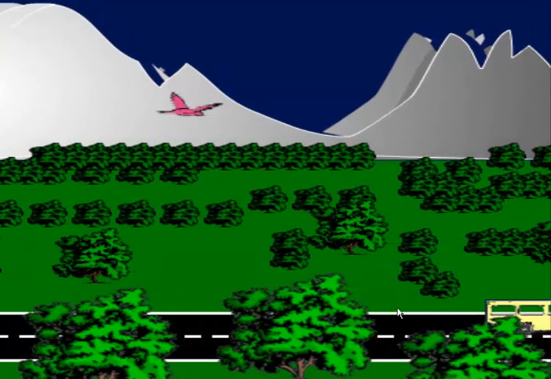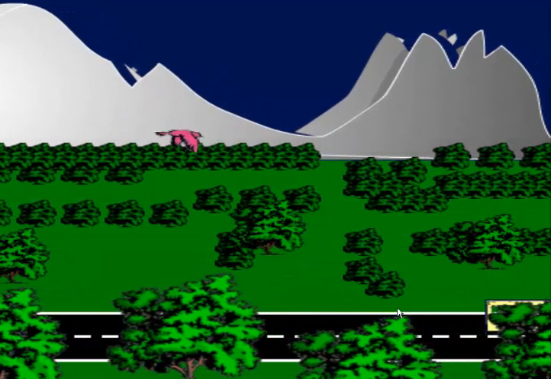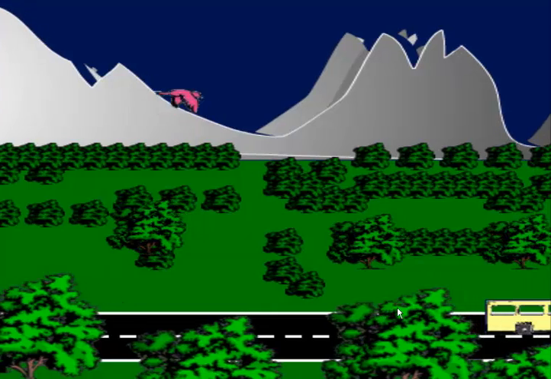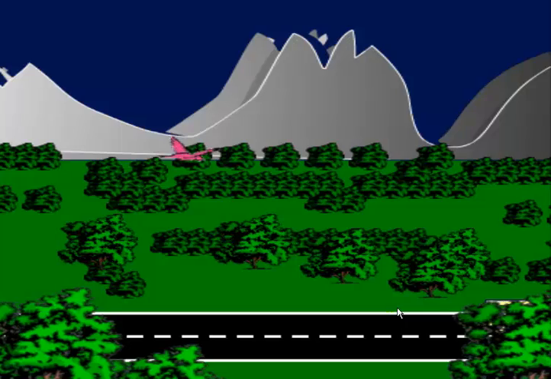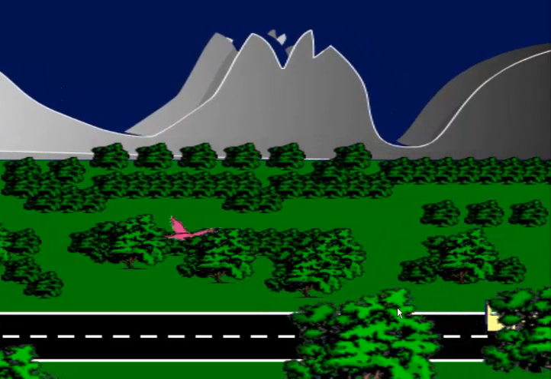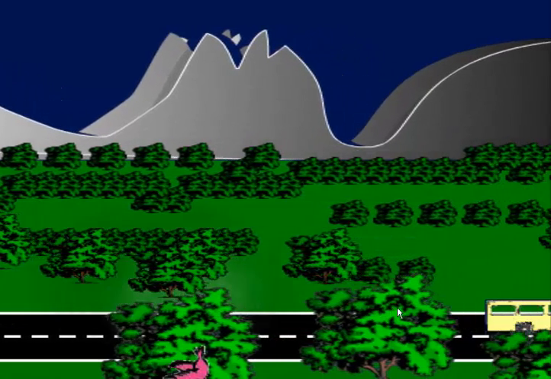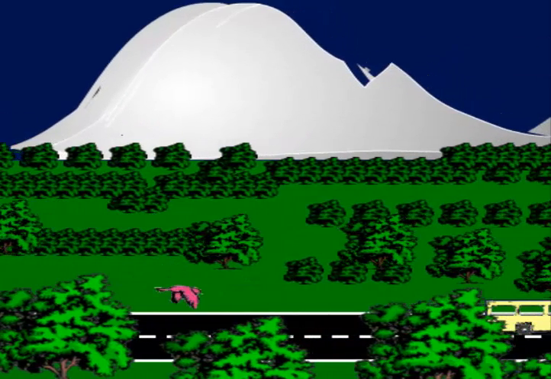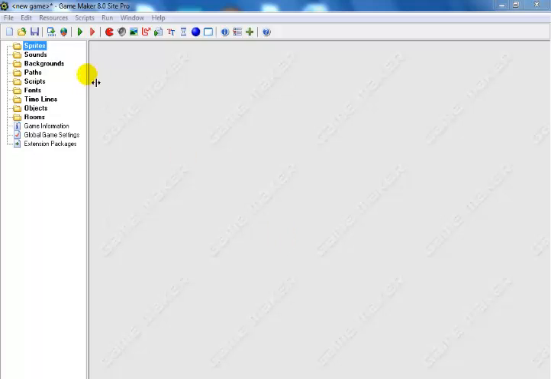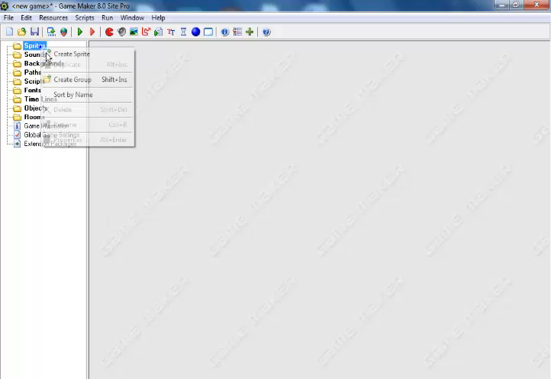So what I would do now is take you guys into Game Maker and just show you how I've put together this brief tutorial. Okay, so I'm just gonna make this bird hit one of the trees, and that's it. So let's go into Game Maker now, guys. Okay, welcome back. The next thing I will do now is to start with